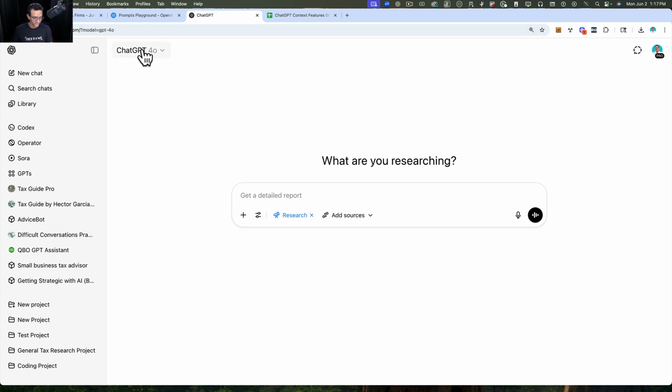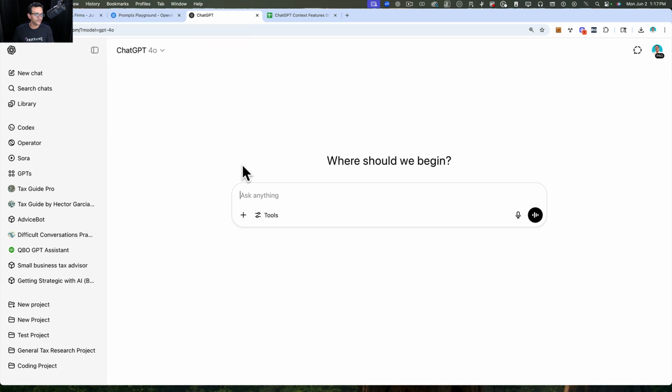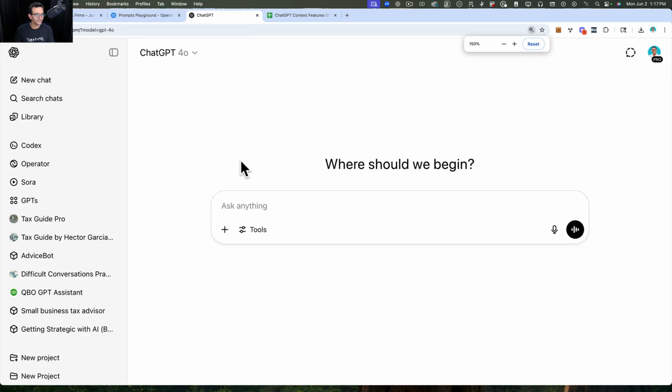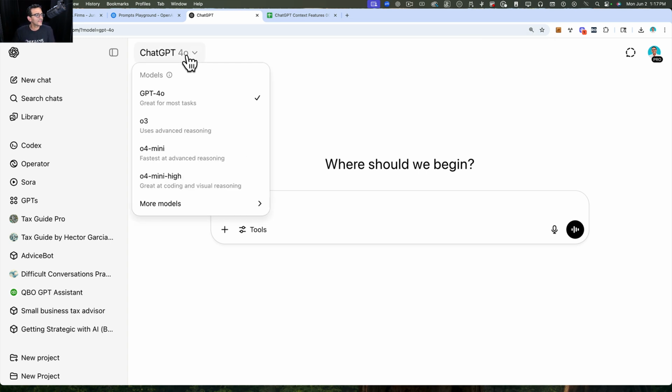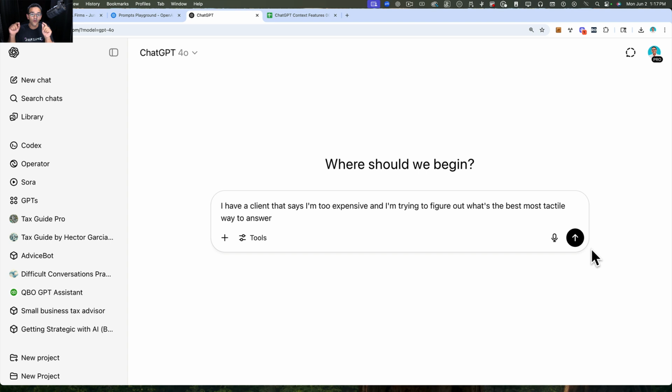I want you to use the ChatGPT 4.0, the same exact model that I'm using. And if you're using the free version, you might not get the choice of choosing the model. It will just pick a model for you. But if you're in any of the paid editions, you should be able to pick the ChatGPT 4.0. And I want you to answer this. And essentially what I want you to do, play along with me, put it in the live chat or in the Q&A, if you get the same answer that I'm going to have on the screen.